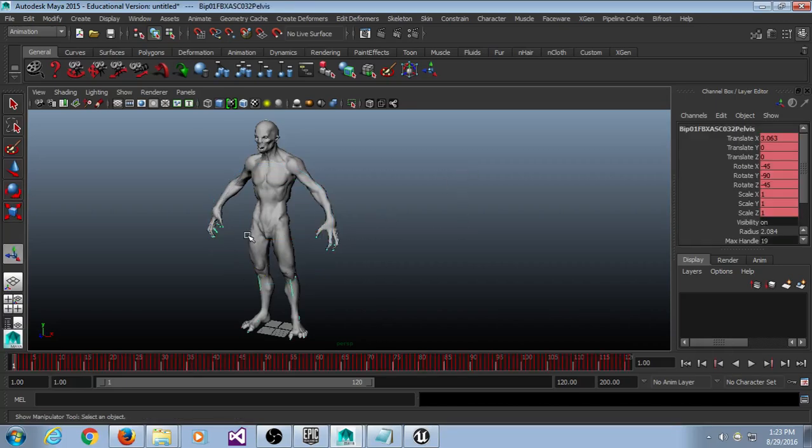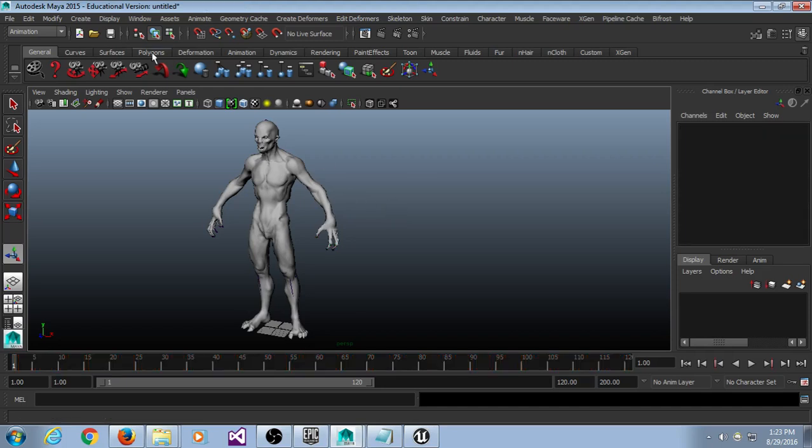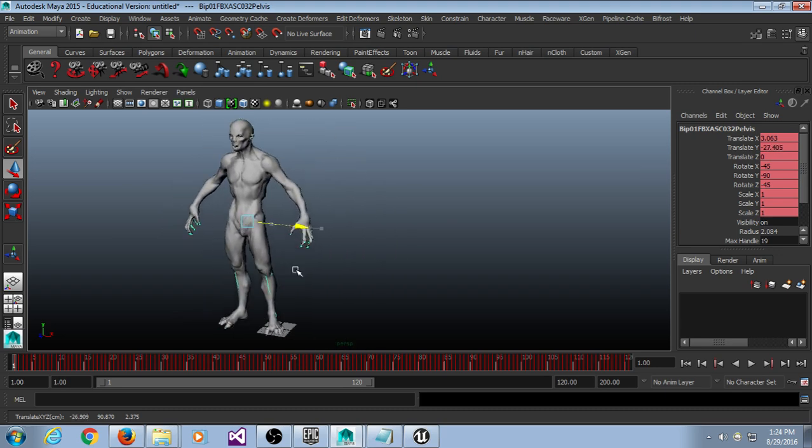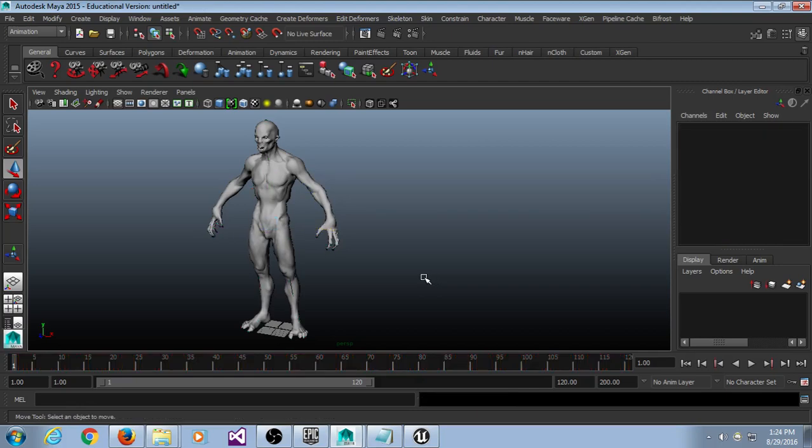He's rigged right now, but the rig's kind of crappy. I bought this guy off Turbo Squid. So we're going to detach him from the rig. One way you can test if he's actually rigged is to drag a box over him, which selects his skeleton, and then hit W. W's for move. The little mover will come up and you can move him around. If you move bones and the character moves, that means he's skinned. Remember, Control Z is undo. So make sure you're always